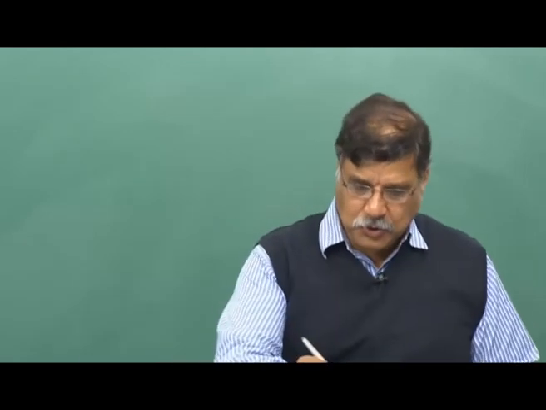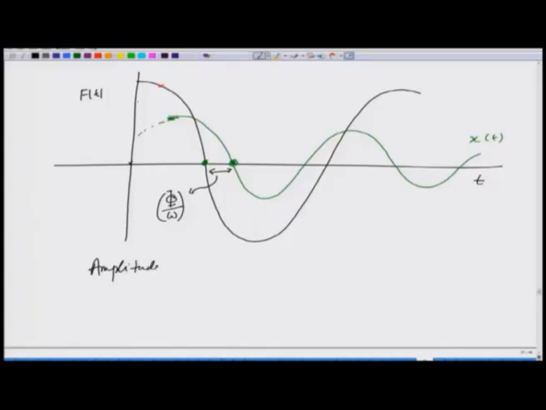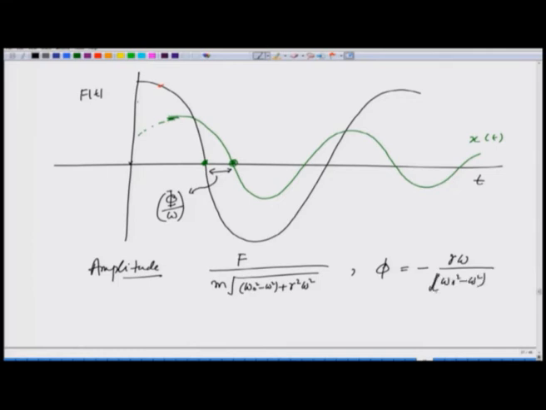It has an amplitude of F over m square root of omega 0 square minus omega square, whole square, plus gamma square omega square. Phase, which is lagging behind, so minus gamma omega over omega 0 square minus omega square, and same frequency